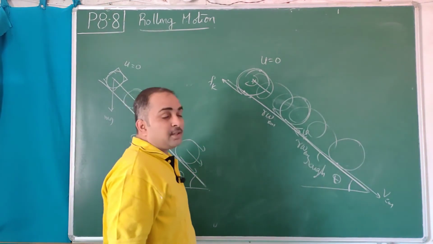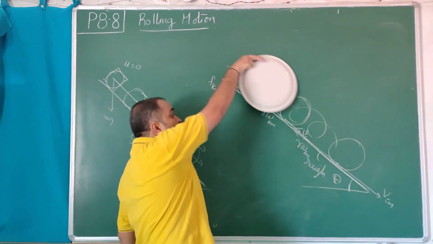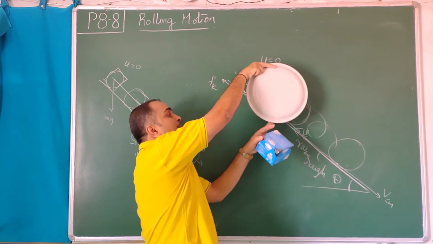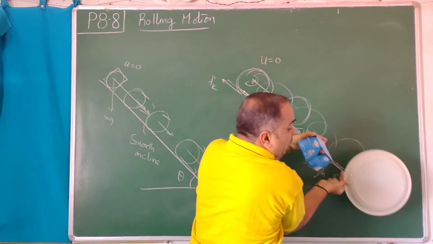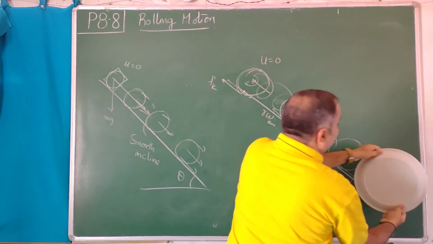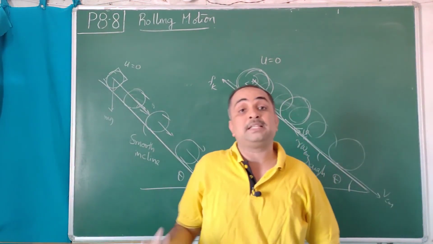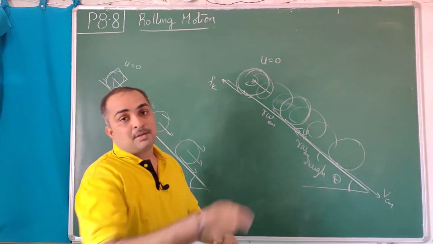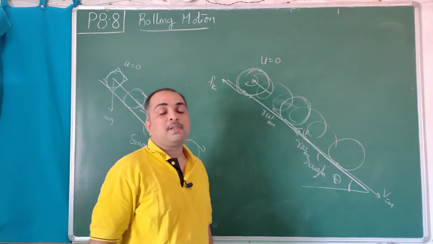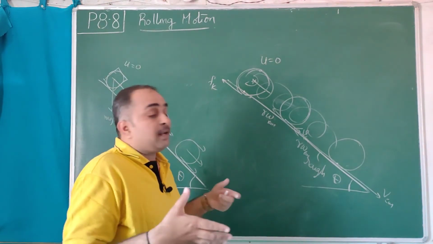But this slides down with the acceleration we derived in the friction chapter, g sin theta minus mu k g cos theta. This cannot slide like that. So the time when it tries to slide, frictional force comes into play and makes it turn like this. So it will roll and go down. So the motion of the wheel on a rough surface will be like this. And I have shown it as if it is moving with equal speed. No, it will be going with increasing speed. Not only the translation part, the rotation part also increases equally, such that V and R omega at the bottommost point will be the same. If at all by some methodology you stop omega Cm by applying brakes, then that's what actually we do.